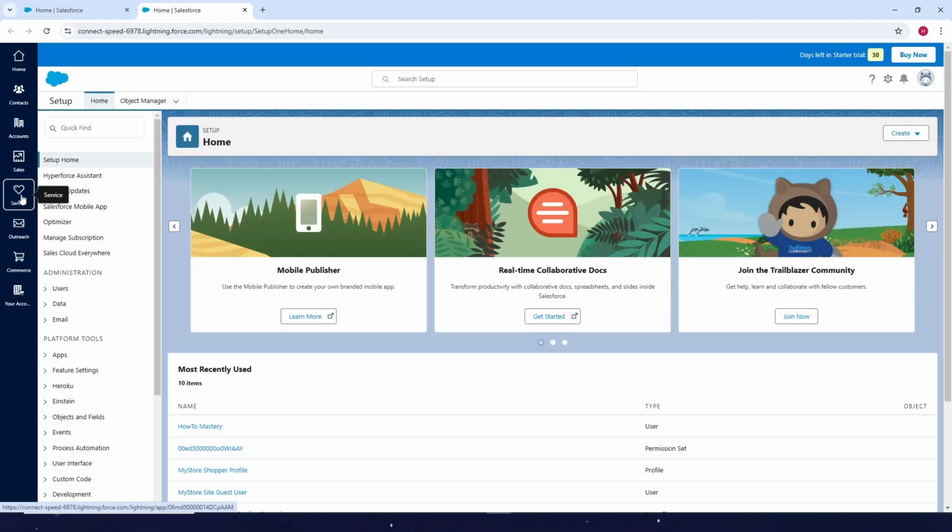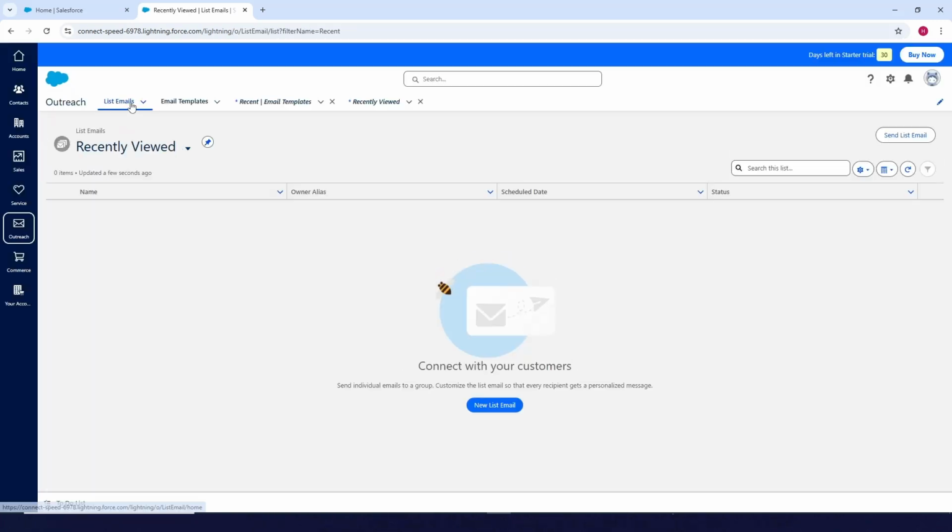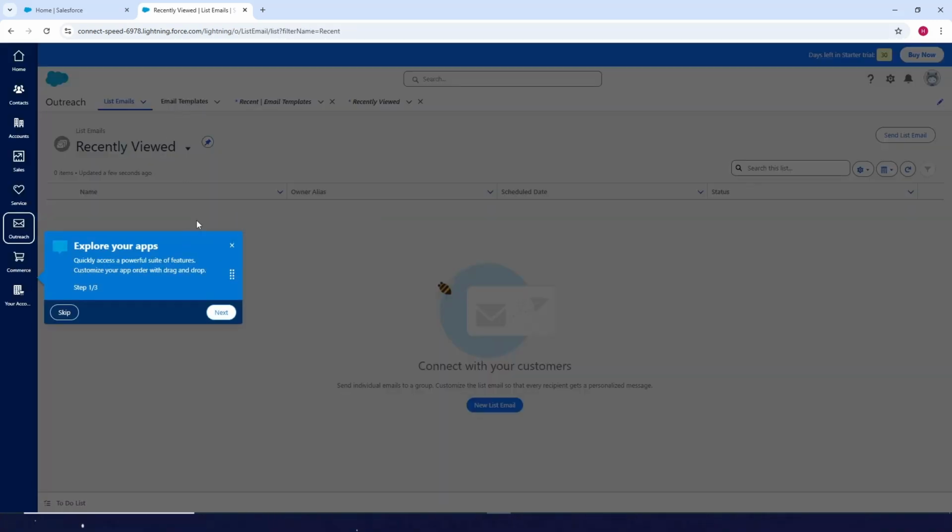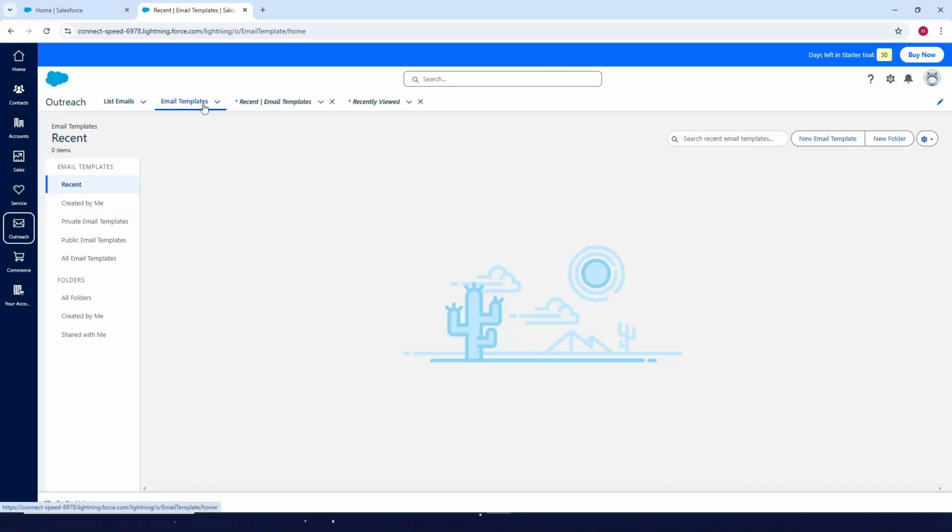Okay, next is just click on Outreach here, then click on Email Templates. Okay, now just click on New Email Template,